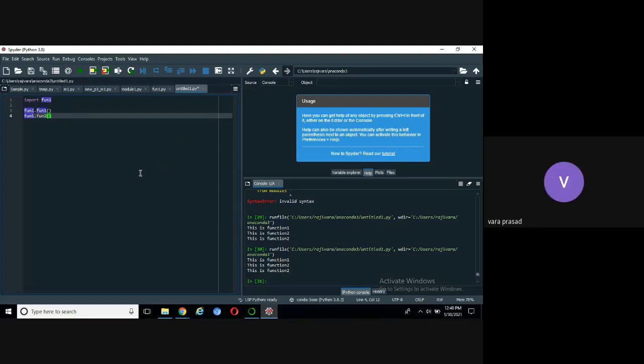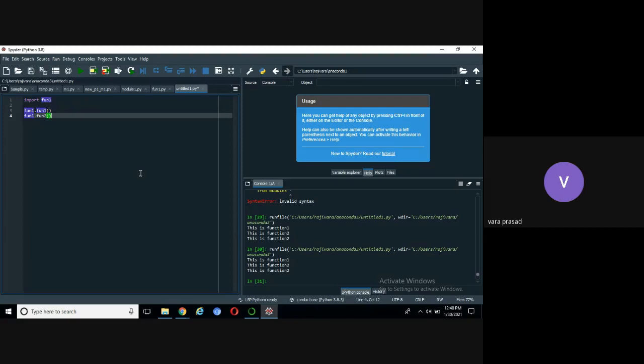Next concept is the packages. So what is a package? Package is a directory in Python. The package consists of set of sub-packages and set of modules. One more important point here, all packages are directories. But all directories are not packages.